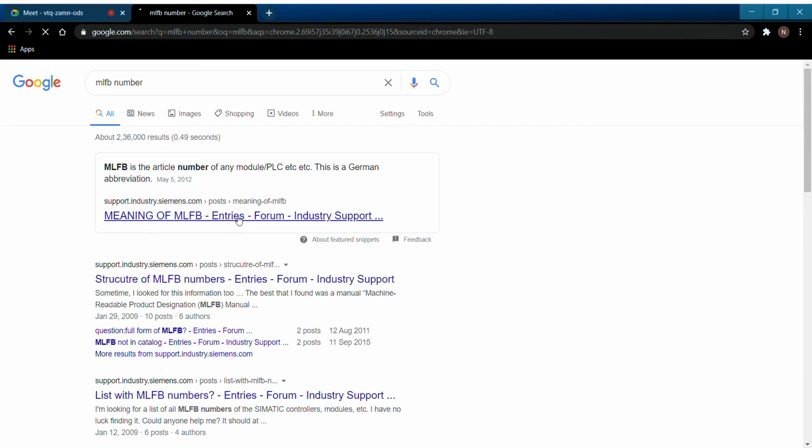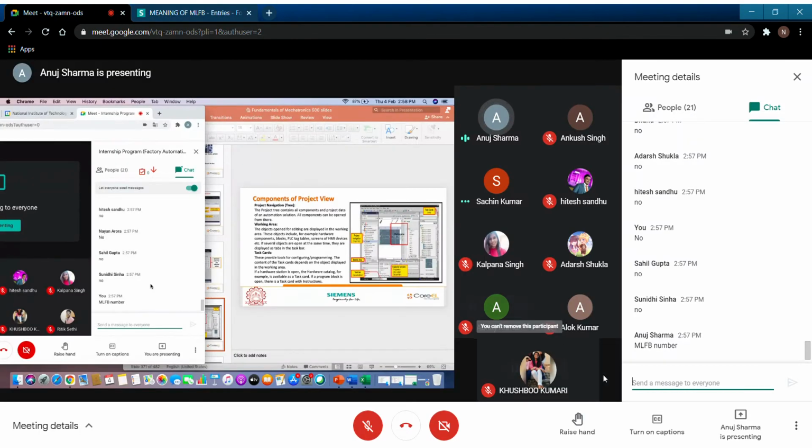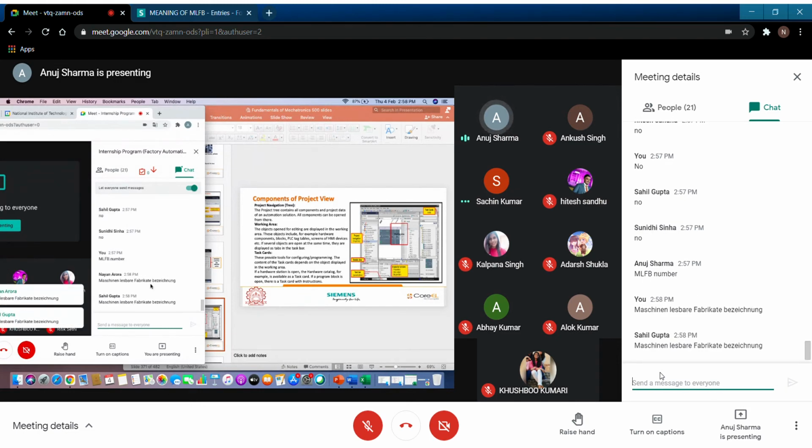Okay, it is a German word, since Siemens is a German company. Okay, this name is German. You just search it on Google and answer in the chat box what the answer is, so that you can remember for a long time that it is a German name. Maschinen Lesbare Fabrikate Bezeichnung, or machine readable